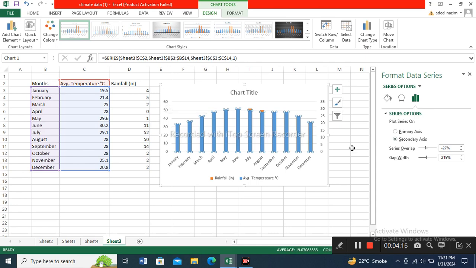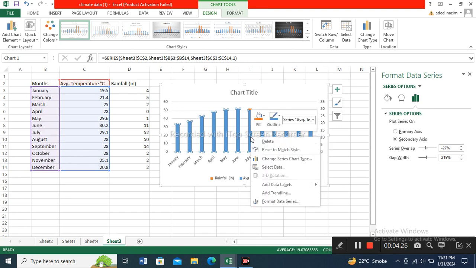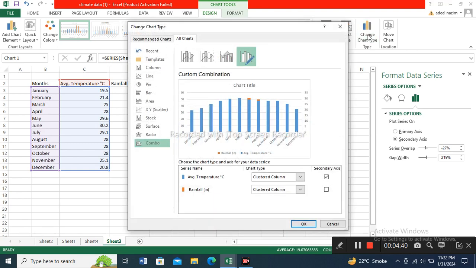After converting it, we are going to convert this temperature into the form of a line graph. I'll again right click over it and change chart type, either from here or from here. I'll select change chart type. Here we have different options. Look at this. We have two options. Either we can right click over it, cluster column